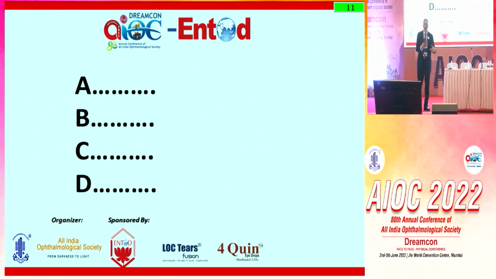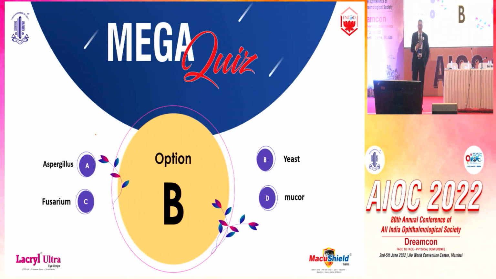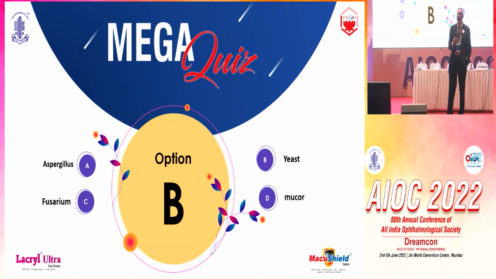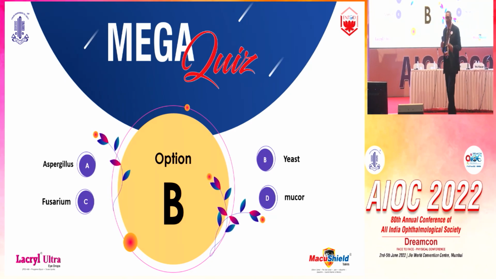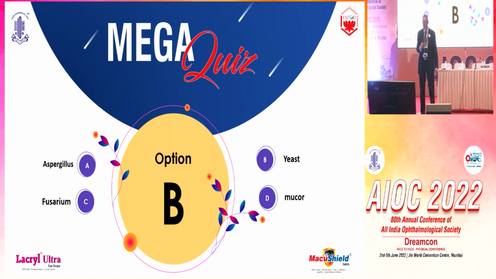So when you get endogenous endophthalmitis coming from within the body and it is fungus, which of these four fungi? Let us assume that all four are fungi. And you spread it across all the four, and the correct answer is option B, which is yeast. Yeast is the most rare fungus as far as the cornea is concerned. Almost 90% of the cases in the country are not yeast as far as cornea is concerned. But unfortunately, this yeast is the one which is from within and causes fungal endogenous endophthalmitis. Next.